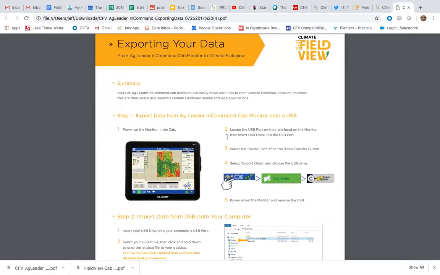So again, I've never seen this monitor before, but it gives me the steps: power on this monitor in the cab, locate the USB port on the right-hand side, insert the USB drive, and then push these buttons on the screen. So again, I don't need to have seen this monitor before in my life. I don't need to know how to work with it because these documents give me the step-by-step button pushes that I need to get my data out of that system onto a thumb drive